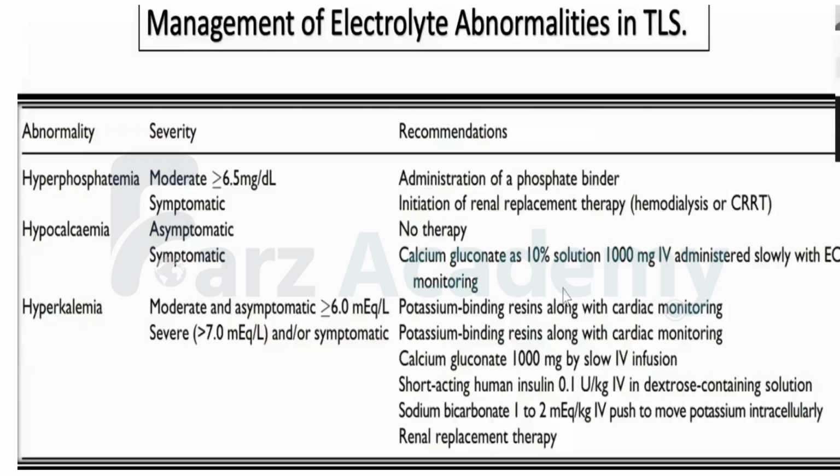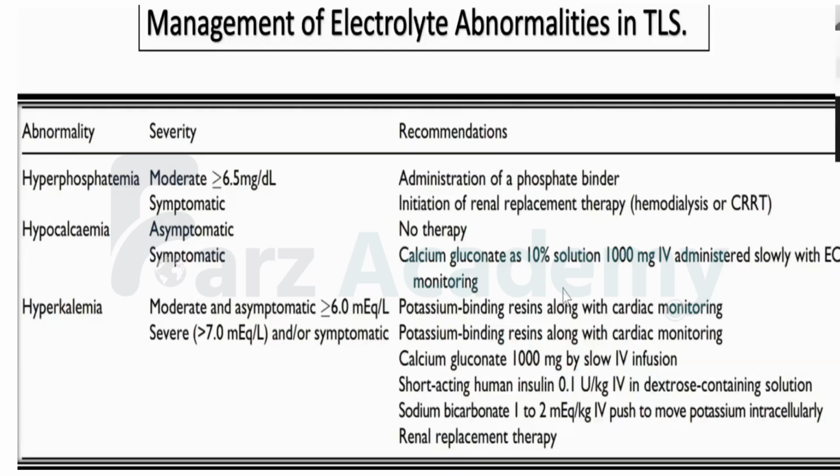So again, for hyperphosphatemia: administration of a phosphate binder, initiation of renal replacement therapy, hemodialysis or CRRT especially. And for hypocalcemia, treating with calcium gluconate is not the solution unless the patient is symptomatic, maybe developing tetany or seizures, perioral numbness. Then only you treat with calcium gluconate, because I've already told you it precipitates phosphate. Along with phosphate, it precipitates calcium phosphate crystals and blocks the tubules. If there is hypocalcemia, it is better to get dialysis rather than treating it with calcium, because it indicates the phosphate load is so high. Now the patient is getting severely hypocalcemic because of that.